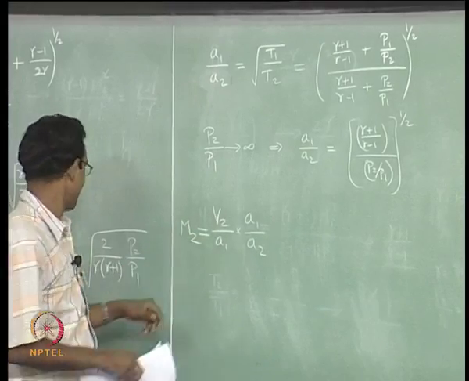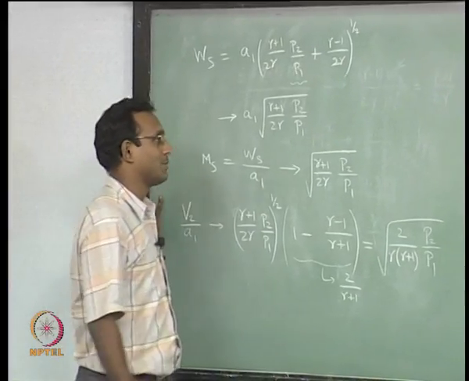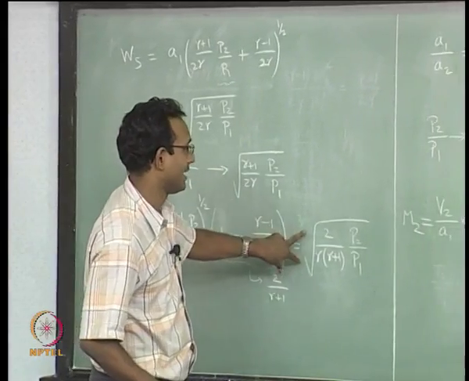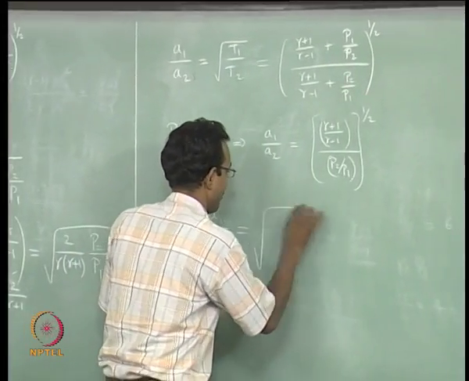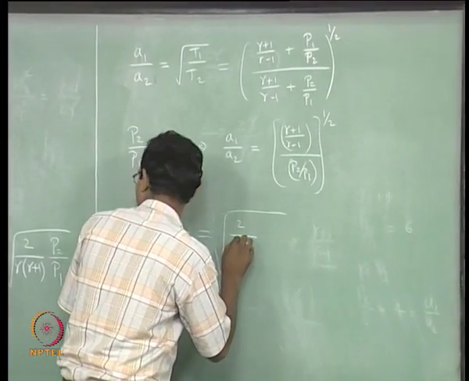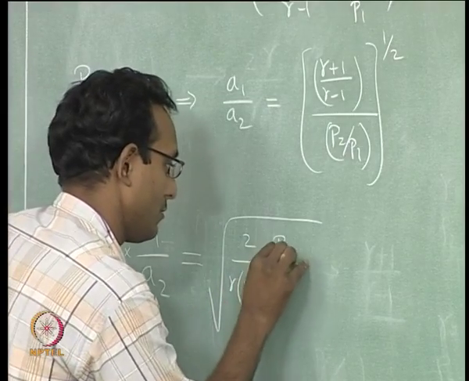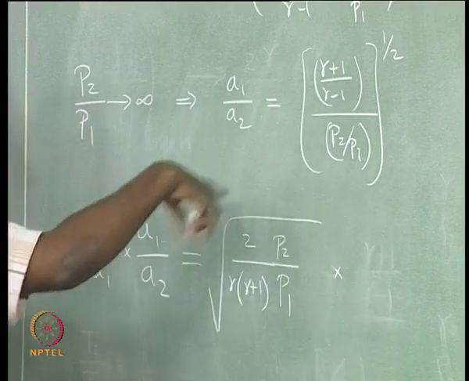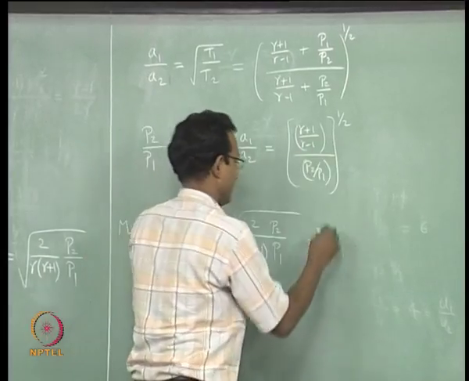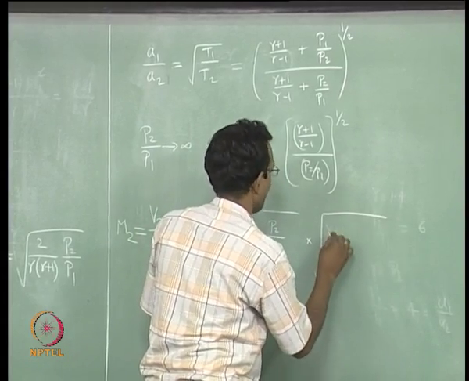So, if I take the previous formula which is here, this one, and multiply with whatever we derived just now, I will take this, put it there. Of course, remember that this is only for very large values of P2 by P1. Multiplied by A1 by A2, which is here for large values, again I will put it as square root of